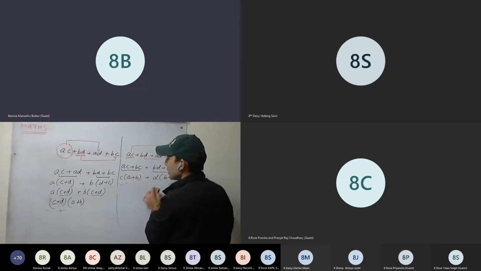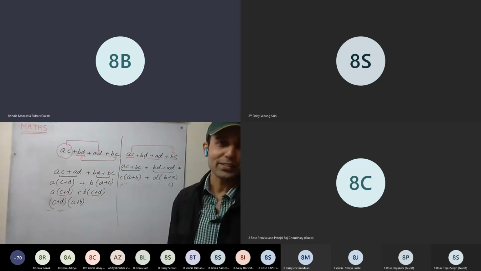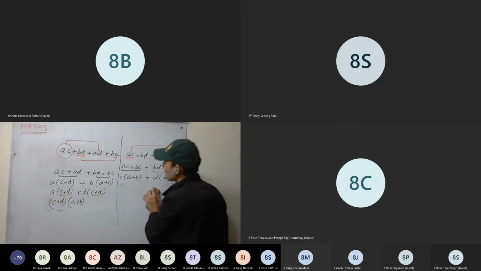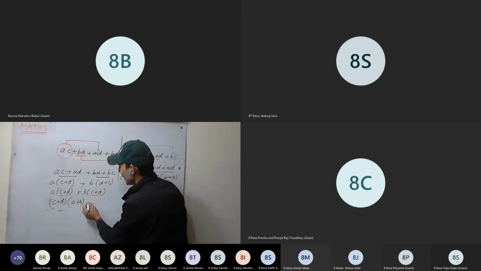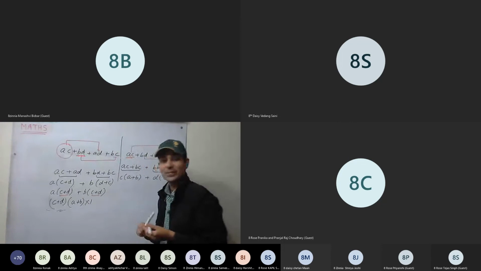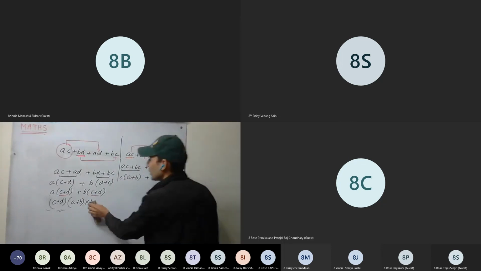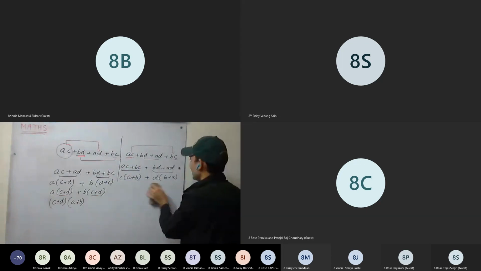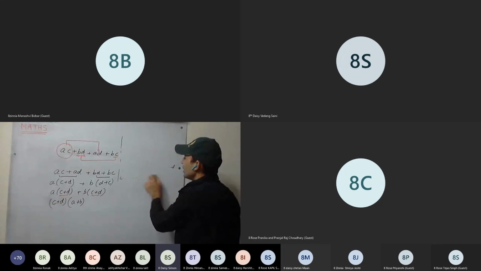So we can take 1 also as a common factor. One is common for everything, so we avoid that. One is common from everything you can take. Okay. Now you write it like this into 1. This is also the same answer. 1 is a factor of every number. Okay, any doubt?